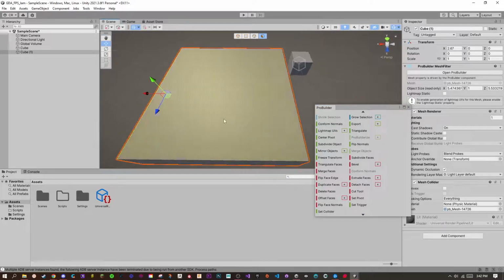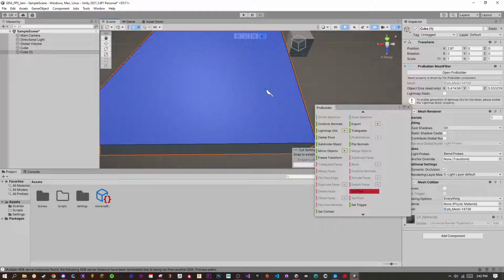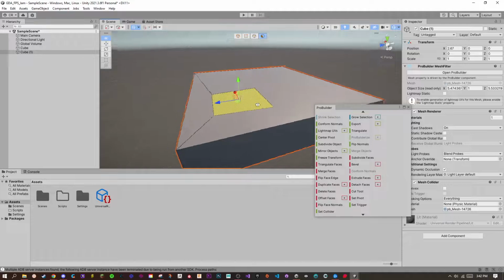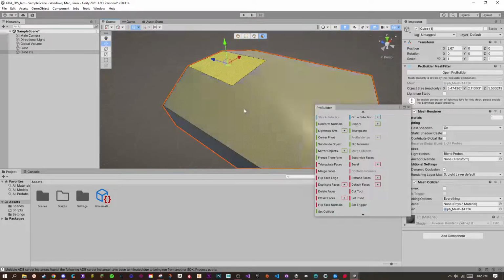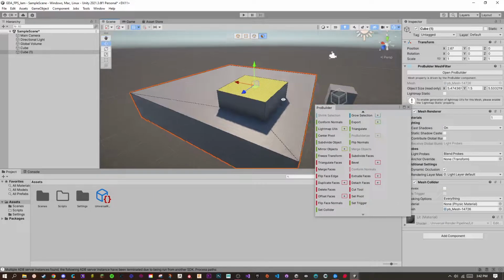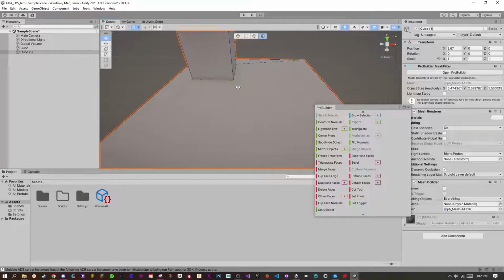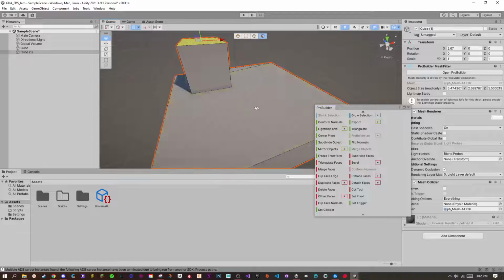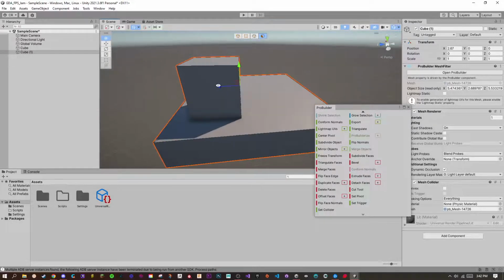So as an example, I'll select this top face and I will cut a hole. This might be blasphemy to some of you who know 3D modeling, but just for the sake of demonstration, I'm going to cut a hole right here. Bam, we got a square. And what I can do is I can select this face and I can drag it up. Bam, it affects the rest of it. I can extrude this face right here and drag that up, right? So you can see how you can make it. It'll auto-generate a UV map for this model as well,